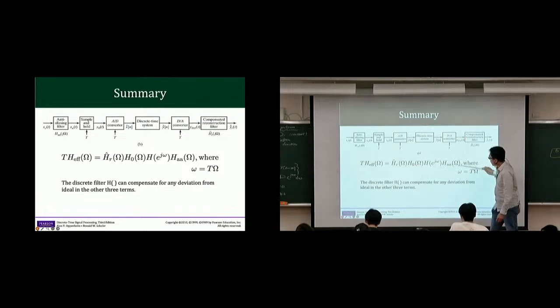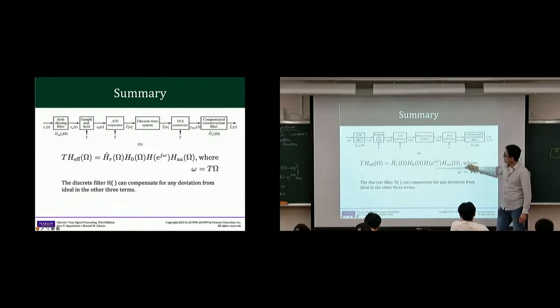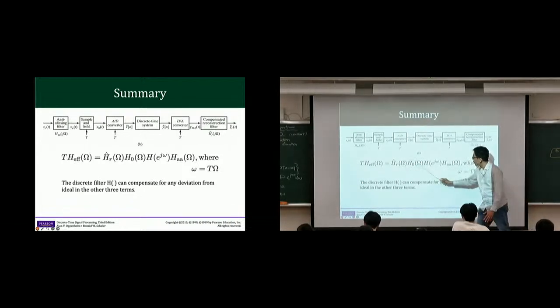In this product of 4 terms, only this term is in the small omega domain. So this is DSP. DSP happens in the middle, and most of the time we talk about filter design. We design a filter in the small omega domain so that it's low pass, high pass, a differentiator, everything happens in the digital domain. But otherwise, when we multiply all 4 of them and assume that 3 of them are ideal, then